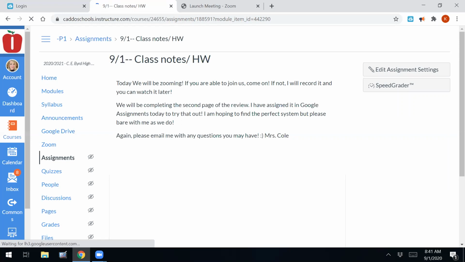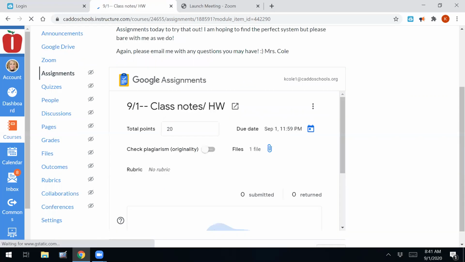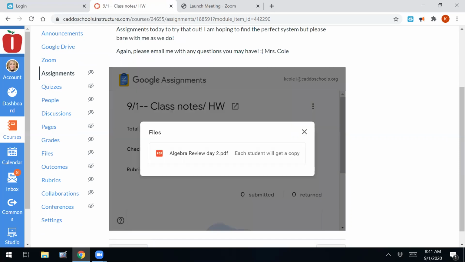Now, I did it in Google Assignments today. Yours will look a little bit different than mine. I'm in Teacher View right now. But somewhere you'll see a little file. If you click on that file, it's going to bring up your Algebra 2 review. You will click on that, and this is going to take you to the document. Yesterday I messed it up. In second hour, I don't know how I shared it, but somebody answered it for everybody. That's why I'm doing it through Google Assignments, because it's going to make each of you your own copy. So once this loads,